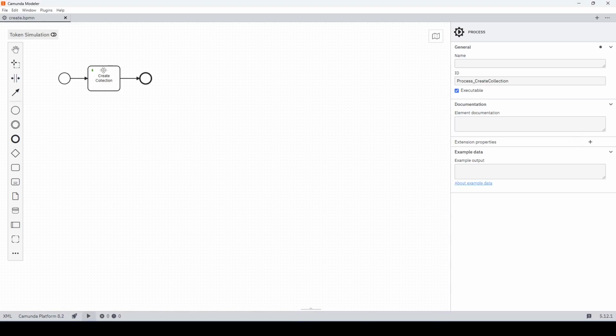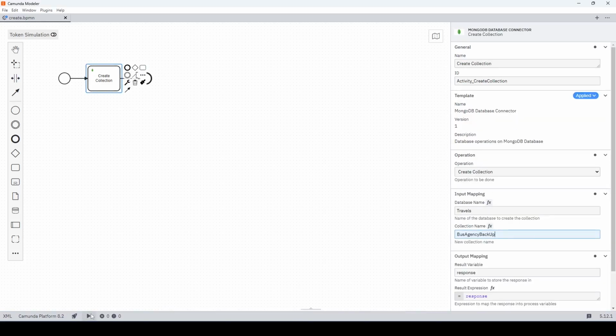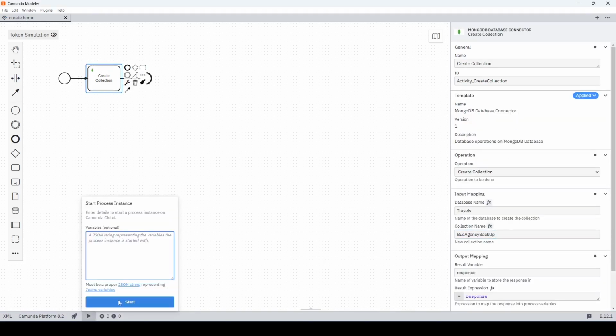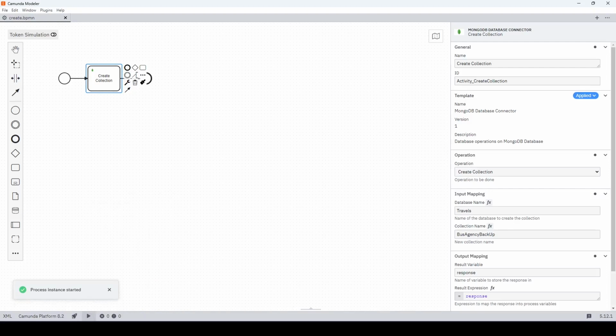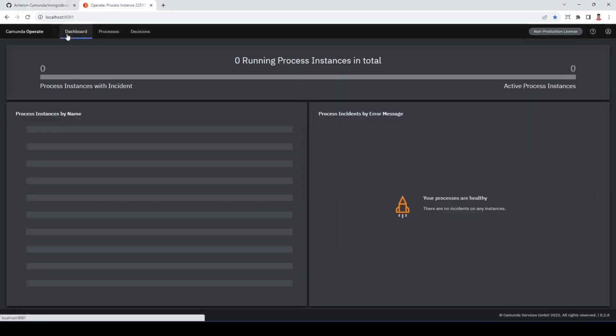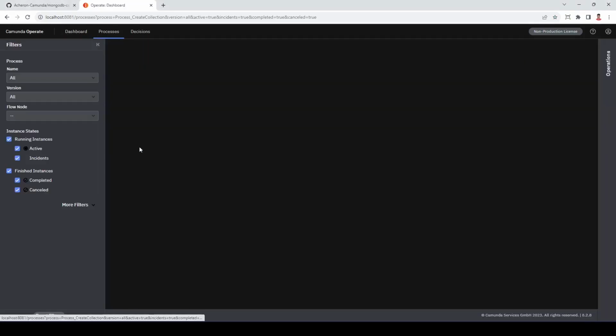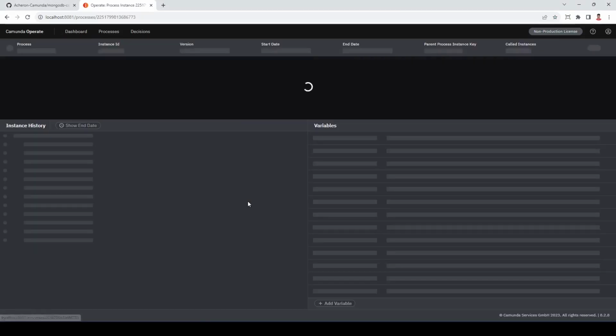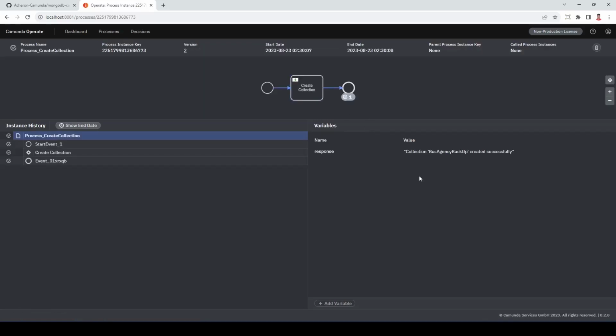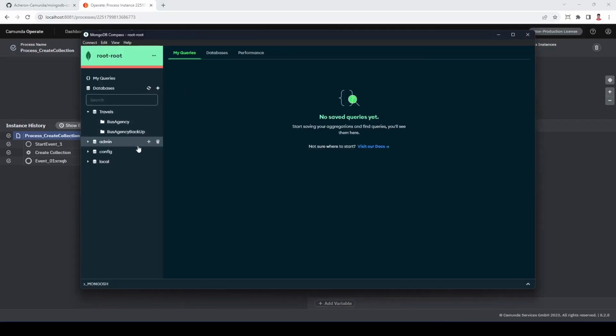If we want to create another one, let's start another instance of it since it's already deployed. It will deploy and start an instance. Okay, so we have another instance also. So: collection bus agency backup created successfully. Let's go and check. I'm refreshing it, and I'm able to see the bus agency backup. So this is a demo of the create collection operation